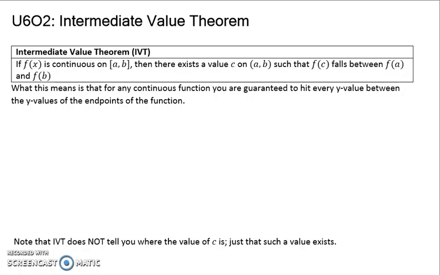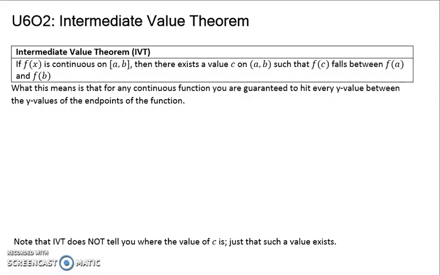Alright, in this video we're going to look at Unit 6, Objective 2, the intermediate value theorem. The intermediate value theorem is one of the few things that you're allowed to abbreviate when you are talking about it on the AP exam. You can call it IVT. The readers are going to understand what you're talking about, so you don't actually have to write out intermediate value